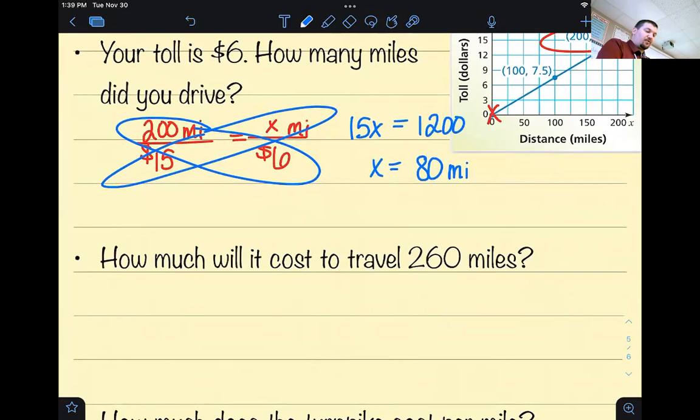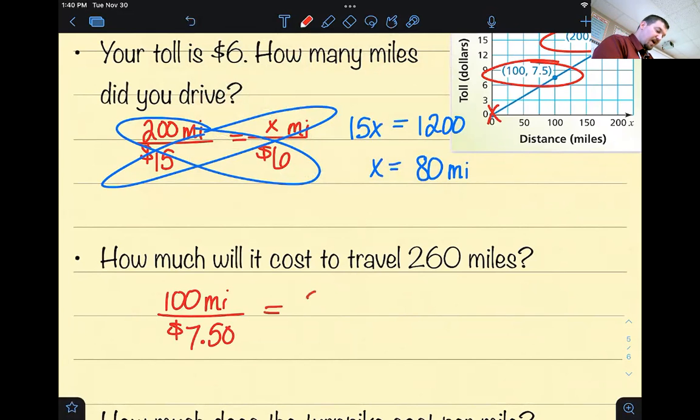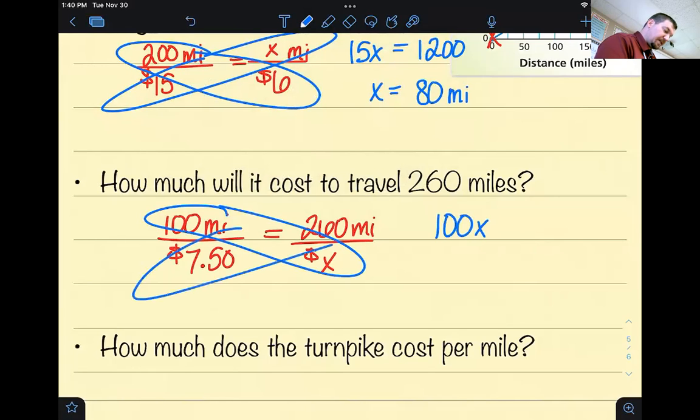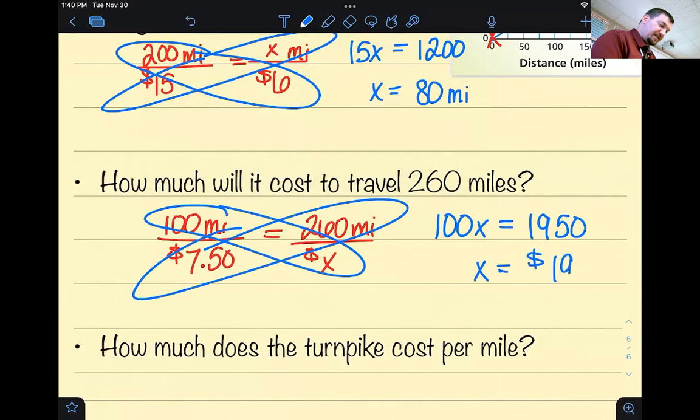It says, how much does it cost to travel 260 miles? Well, I could use the same point, but I'm feeling risky and I want to use the other one. So that means I'm going to drive 100 miles and pay $7.50. That's where the 7.5 is coming in. So if I drive 100 miles and pay $7.50, then I would drive 260 miles and pay what? So I cross multiply. 100 times X is 100X. Someone tell me what 7.5 times 260 is. 1950. Divide by 100 means moving the decimal backwards how many spots? 2. And you should get $19.50